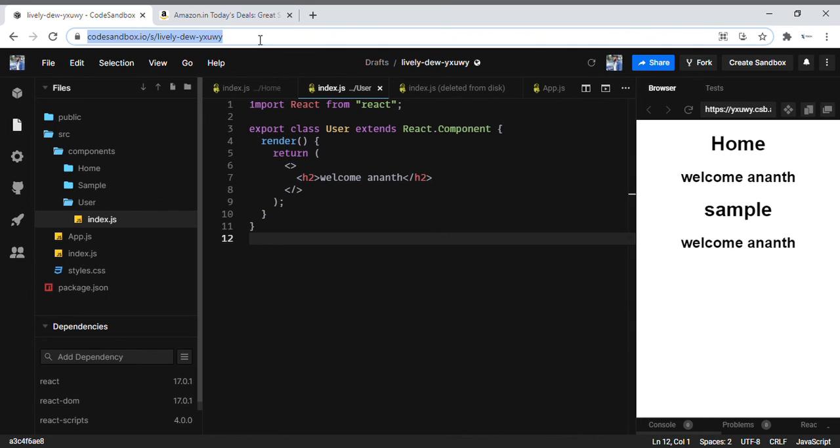And the other thing is, in the next session I'll show you how to create a React project via terminal with the npm command. I will tell you how to create a React project, and also how to work with React on your local machine without depending on this code sandbox. I will give a separate video for that. And I will provide this URL in the description below, so you can check it.